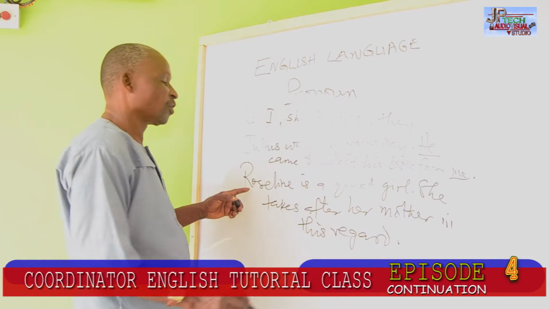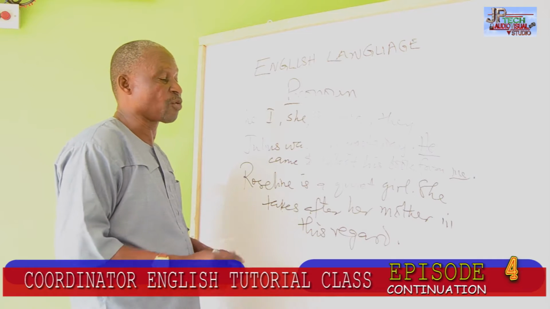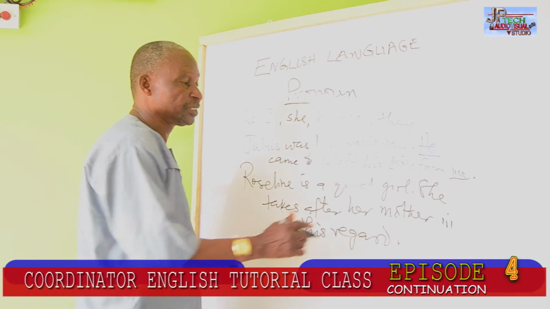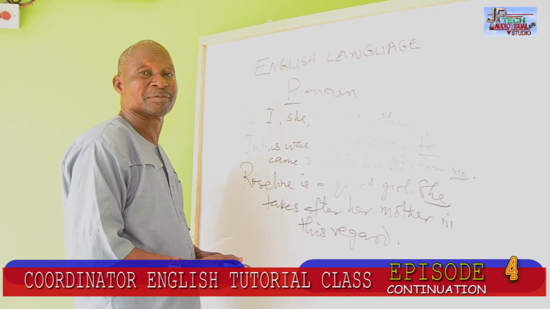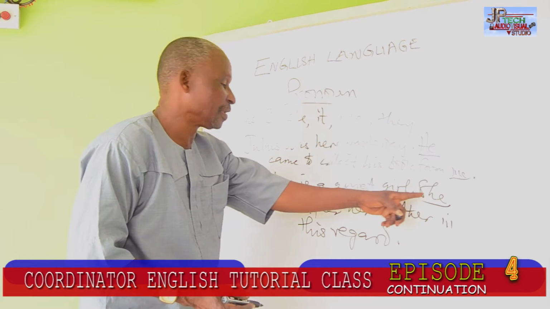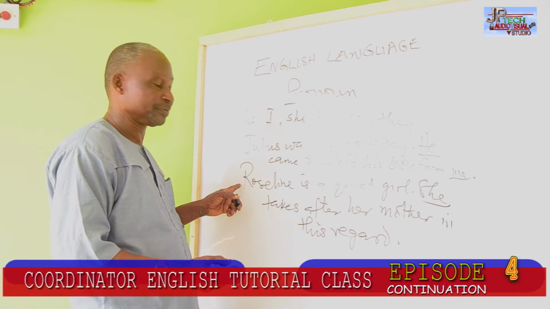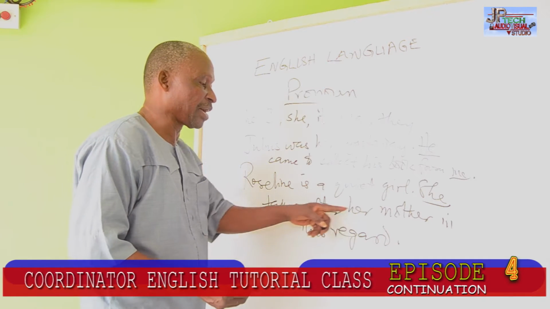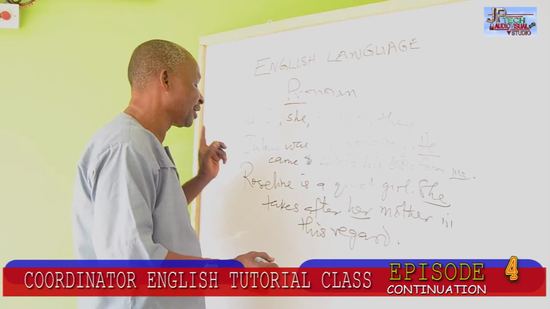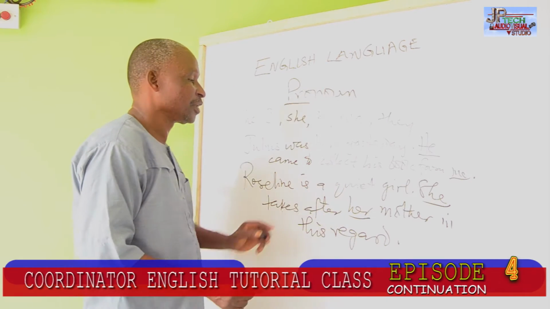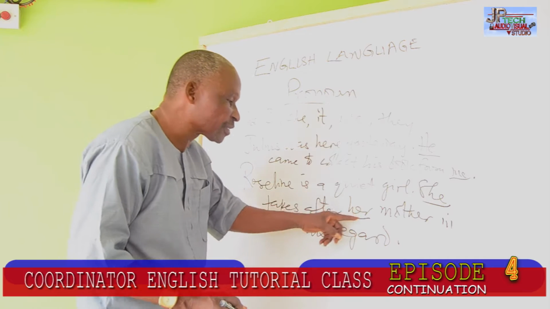For example, Roslyn is a girl. Roslyn is a quiet girl. She here is a pronoun representing Roslyn. She takes after her mother. Her here still refers to Roslyn. Instead of saying Roslyn is a quiet girl, Roslyn takes after Roslyn's mother,